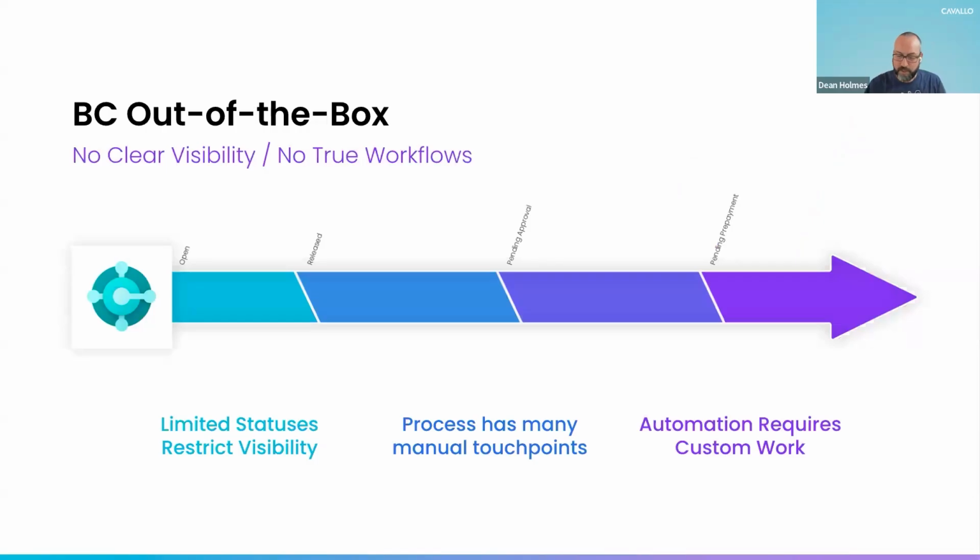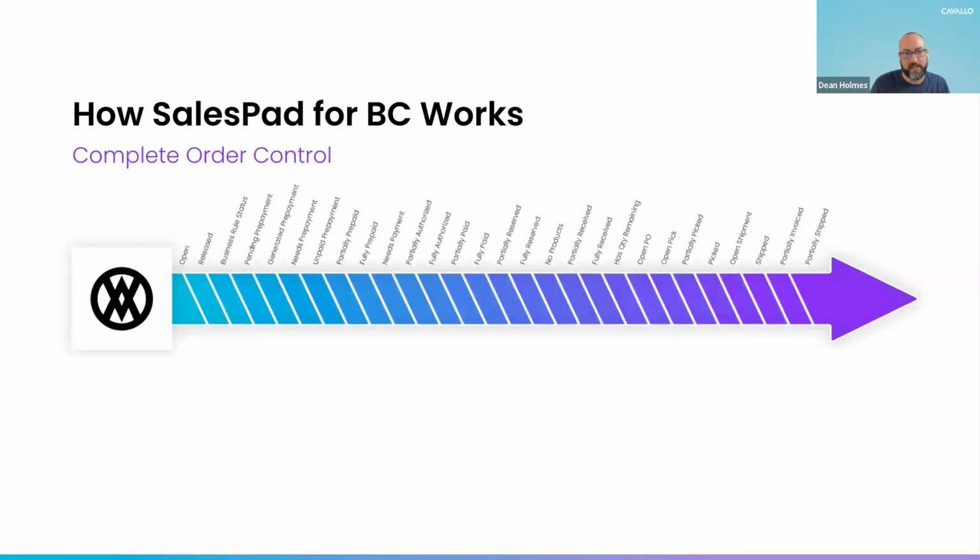So if we go back to our example of BC's out of the box workflows with those limited statuses and sort of those gaps in between status where you maybe have to intervene manually or try to figure out what's going on, SalesPad augments the capabilities of BC and truly supercharges it for distributors. We've added 26 plus document statuses to give you more granular control and way better visibility. And I think Colin, you made sure I put that plus on there because you said that you got folks that are asking for new ones all the time. Oh, absolutely. Yeah, we're definitely not done adding those.